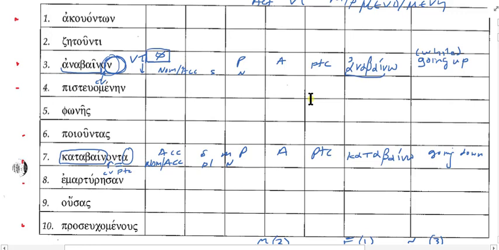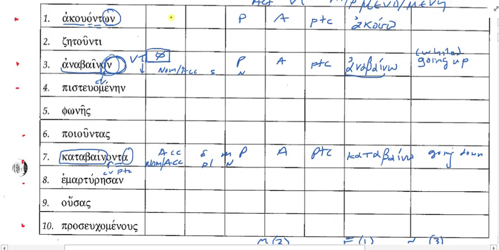Let's look at number 1 real quickly. We have akouonton. Akouonton. You see the lexical form in here? Akouo, right? What is akouo? I hear. Good. So I've got the akou present stem, connecting vowel, nu tau, on. So we know this is what kind of a verb form with the nu tau? It's a participle. Is it active or middle passive? It's active. Good. And since it's using the present stem, I'm going to call it a present active participle.